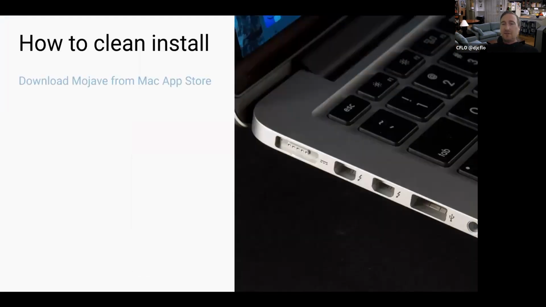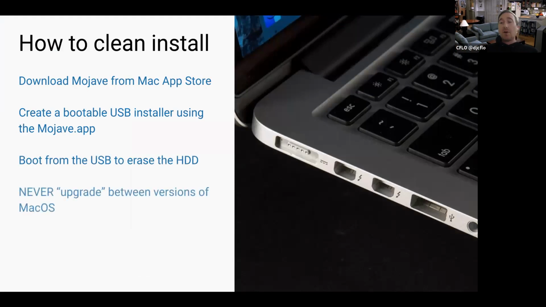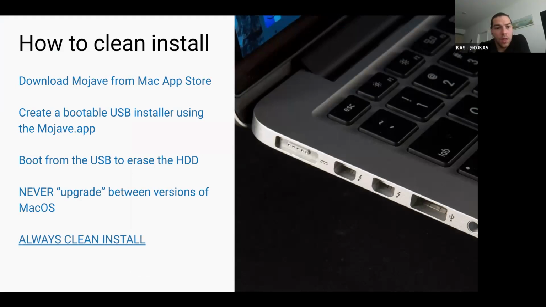To clean install, you download the Mojave installer from the Mac App Store or the High Sierra installer. Kaz, we just did this, tell them. Right. Yeah, it's super easy. I mean, you literally just brought my old computer to life. If you have an old computer, say a 2012, and you want to use it for something else, like a backup laptop, you can do it, everything through Zoom, whatnot. And you just said your old one's running faster than your 2015.